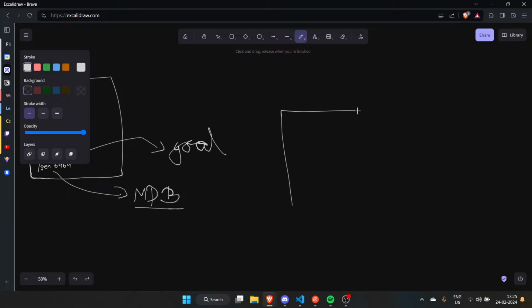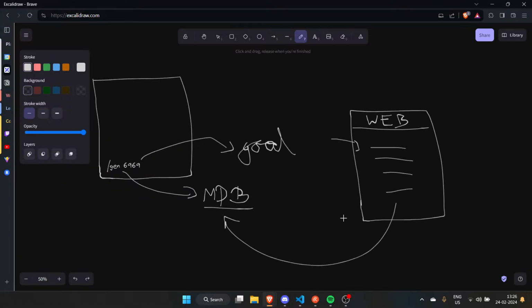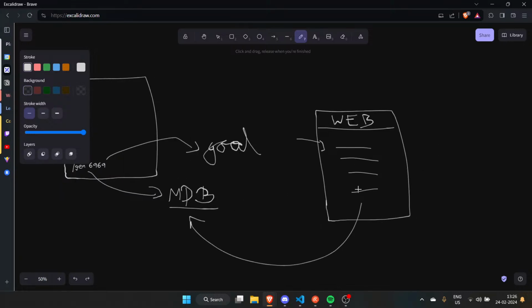Now go on your website. This is your beautiful website, web. In your web page, whenever somebody opens it, you just get that list from MongoDB and then you just display it, I guess. Now if you have a question on how you will get the MongoDB data from your website's backend,